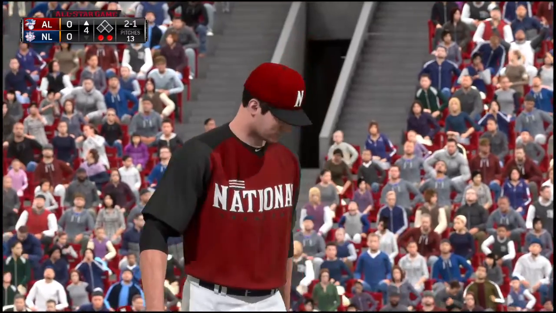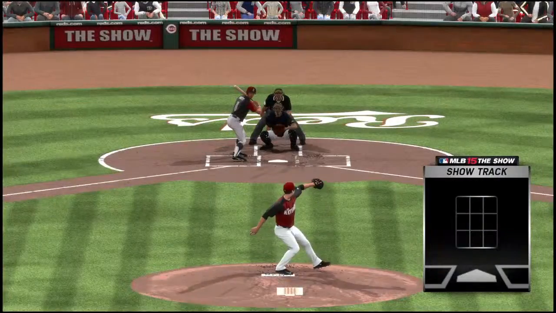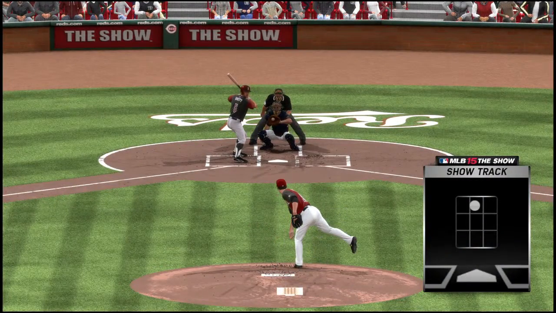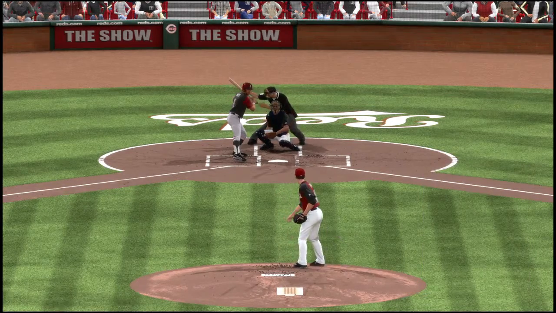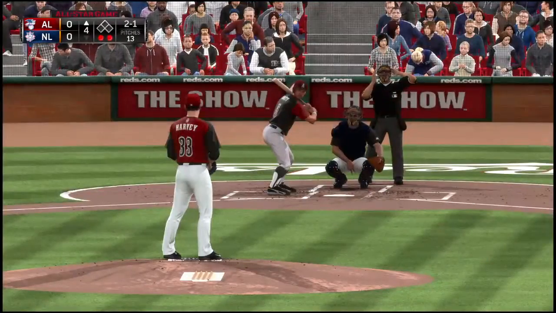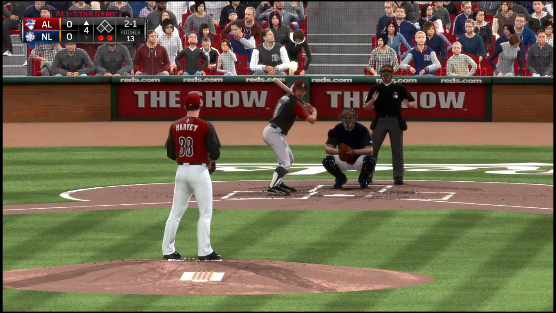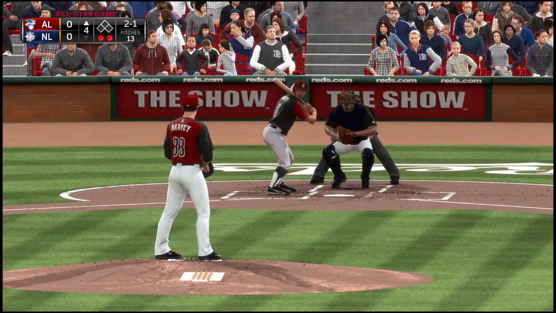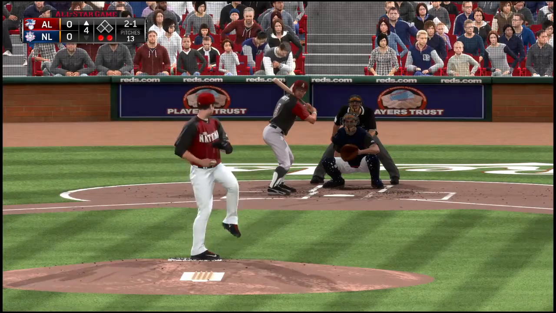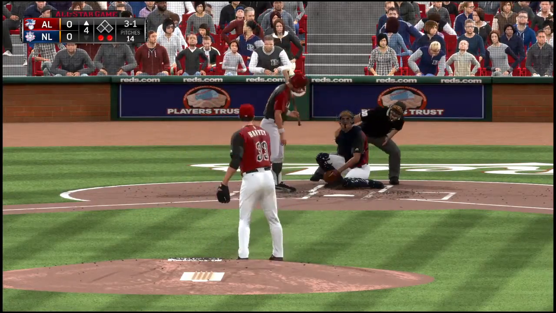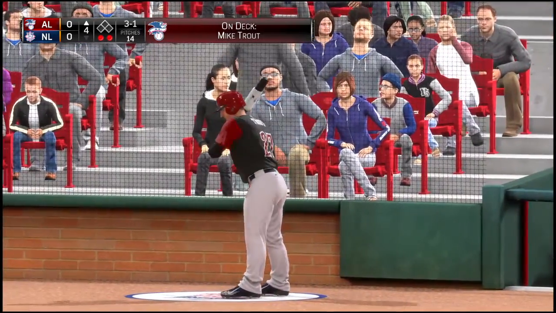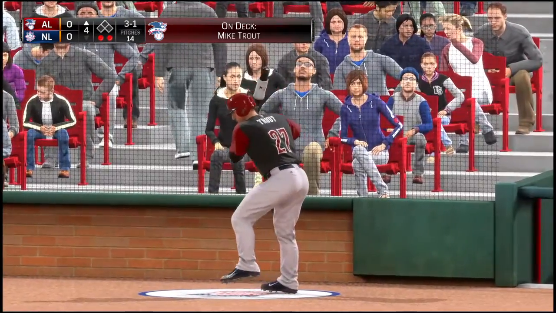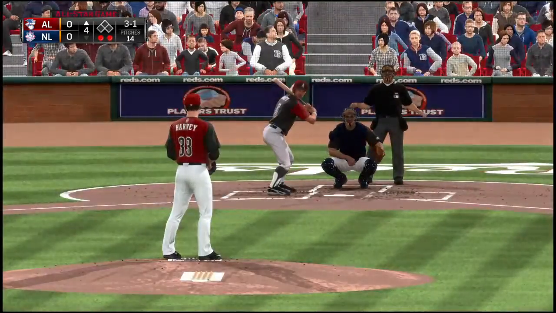That one's more like it, he says. Back to 2-1 now. A pretty dangerous spot for that one. I don't think it was by design. It's one thing to miss your spots out of the zone, but when you miss in the zone, especially up, that's when you tend to get hurt. Ball 3. Mike Trout would be next if they can keep this inning alive. 2 out, nobody on.